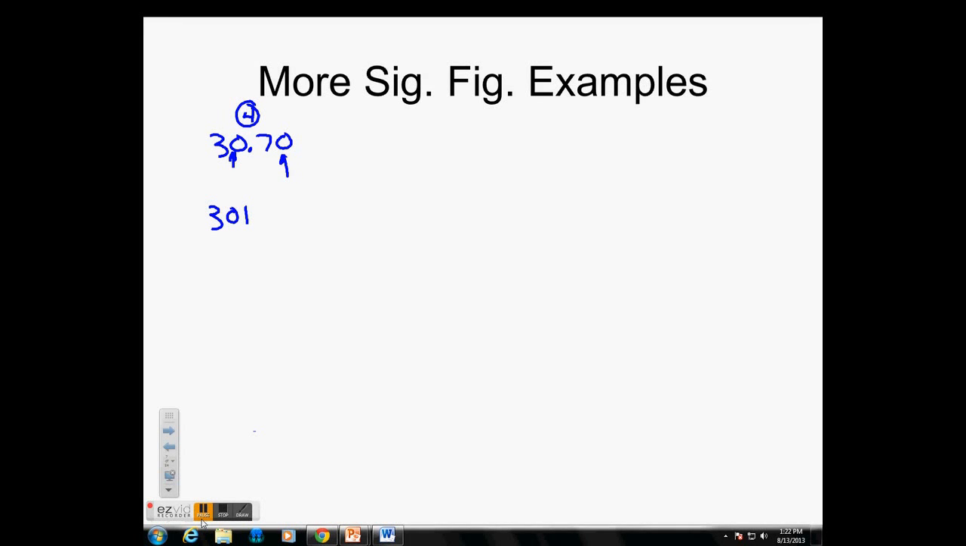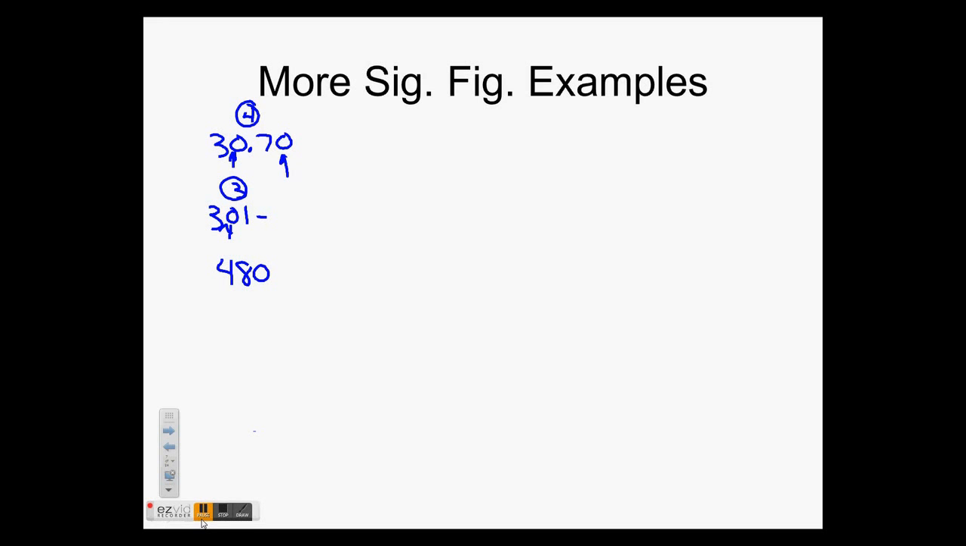So 301: the 3 obviously counts, the 1 obviously counts, and the 0 is between 2 digits that count, so it's going to have 3 significant digits. Okay. How about, let's say,